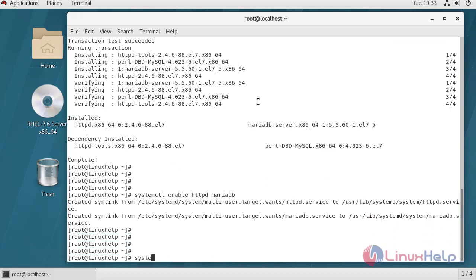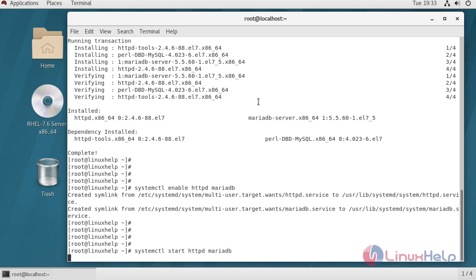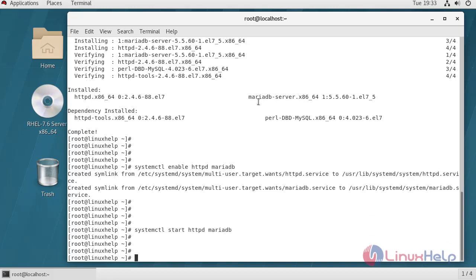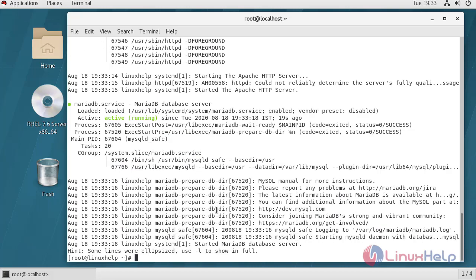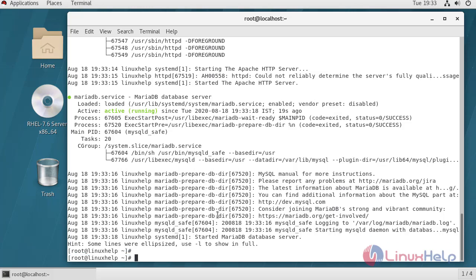Then we have to start the services. To check the status of both services, here Apache server and MariaDB server are running.